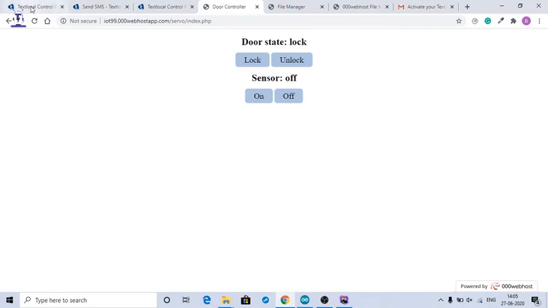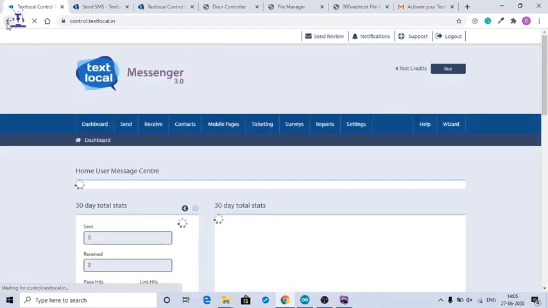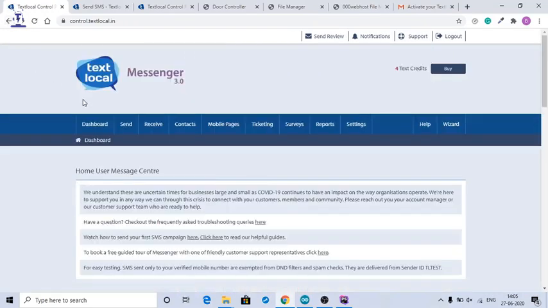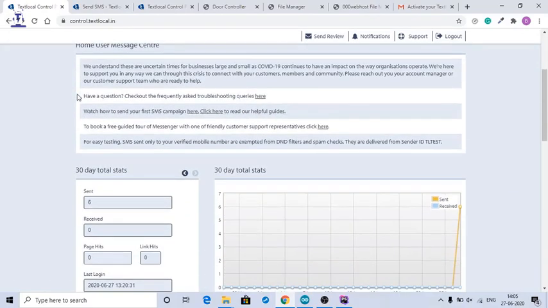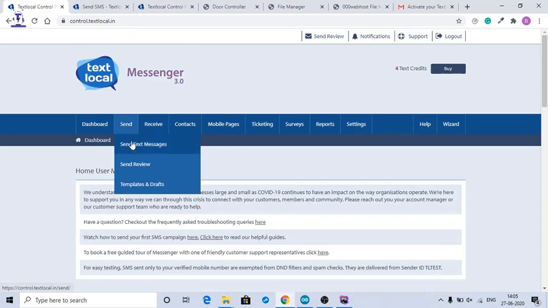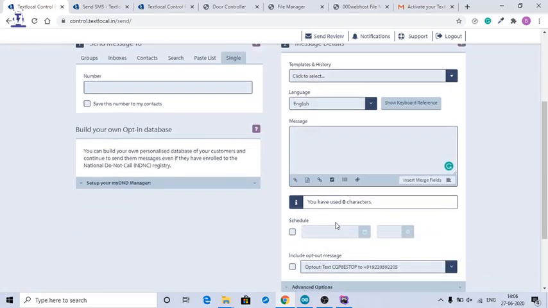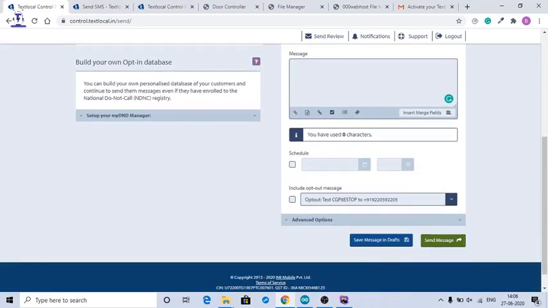So guys, I will show you one more thing. If you don't want to use the API, you can just play some prank with your friends if you want. You can go here, click on send text SMS, and you can give any number of your choice and type a message here and click on send message.